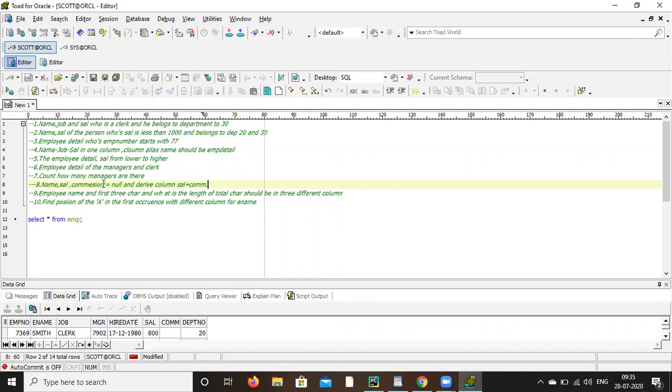Now employee name and the first three characters, and the length of the total characters, in three different columns. Perfect. Find the position of the A in the first occurrence, in a different column. Perfect. So these are the 10